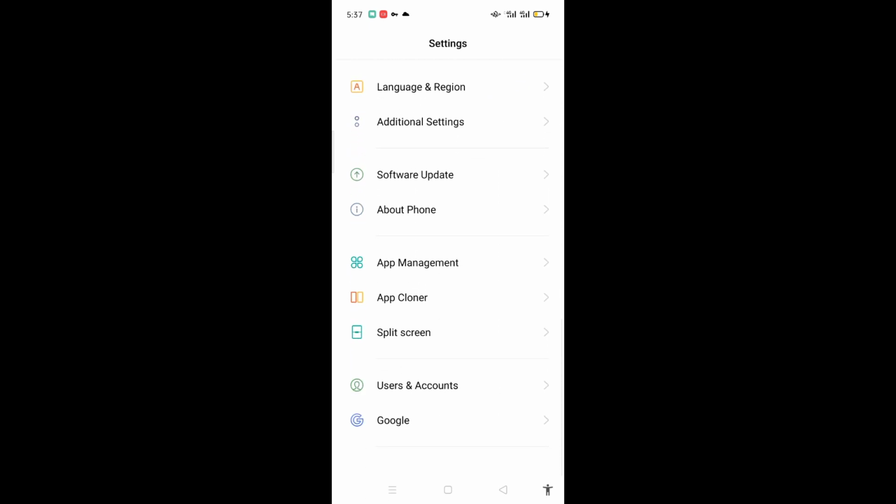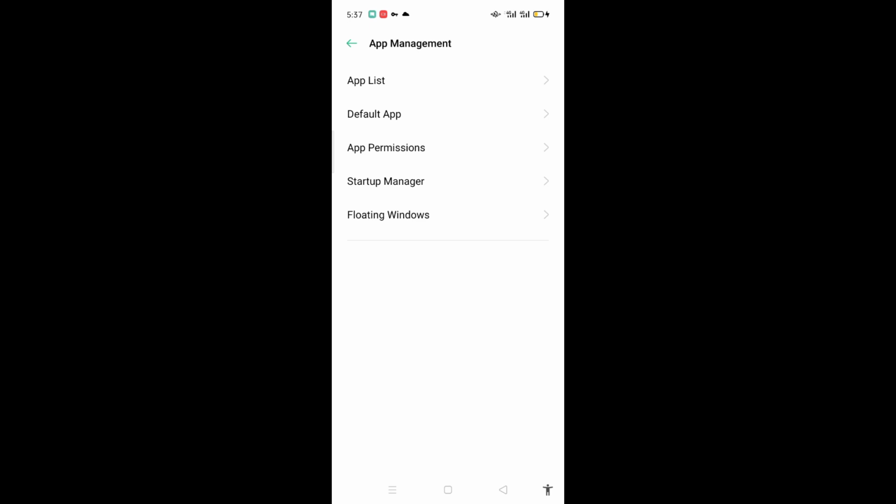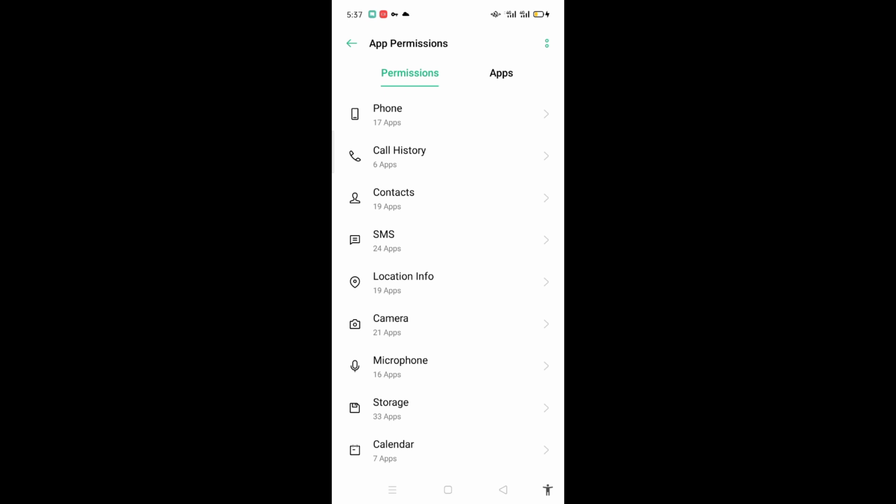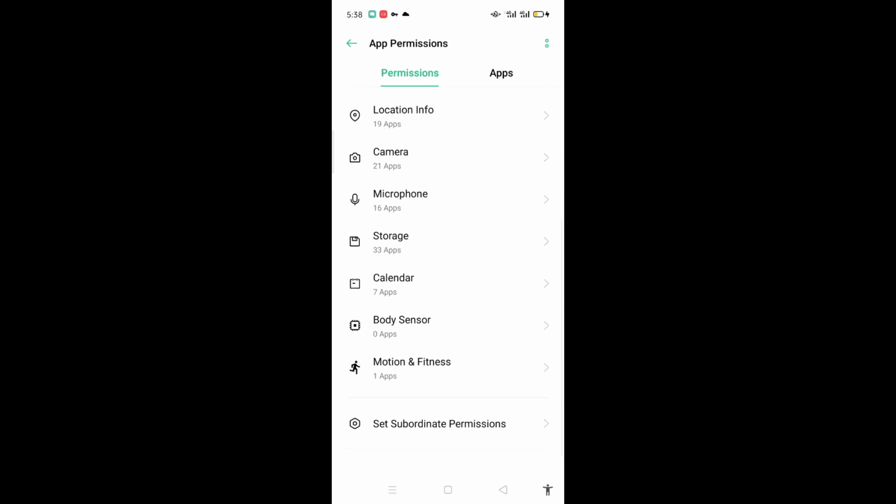you have to scroll down to click app management, and there is app permissions. So you have to click on the app permissions and you have to scroll down to find microphone. So there is microphone, you have to click on the microphone